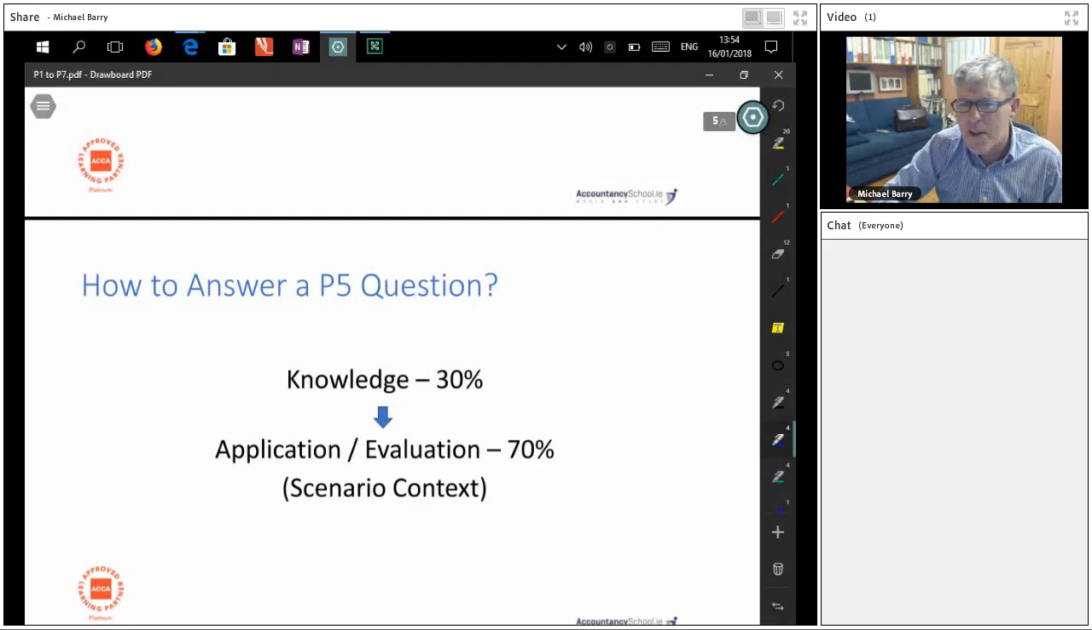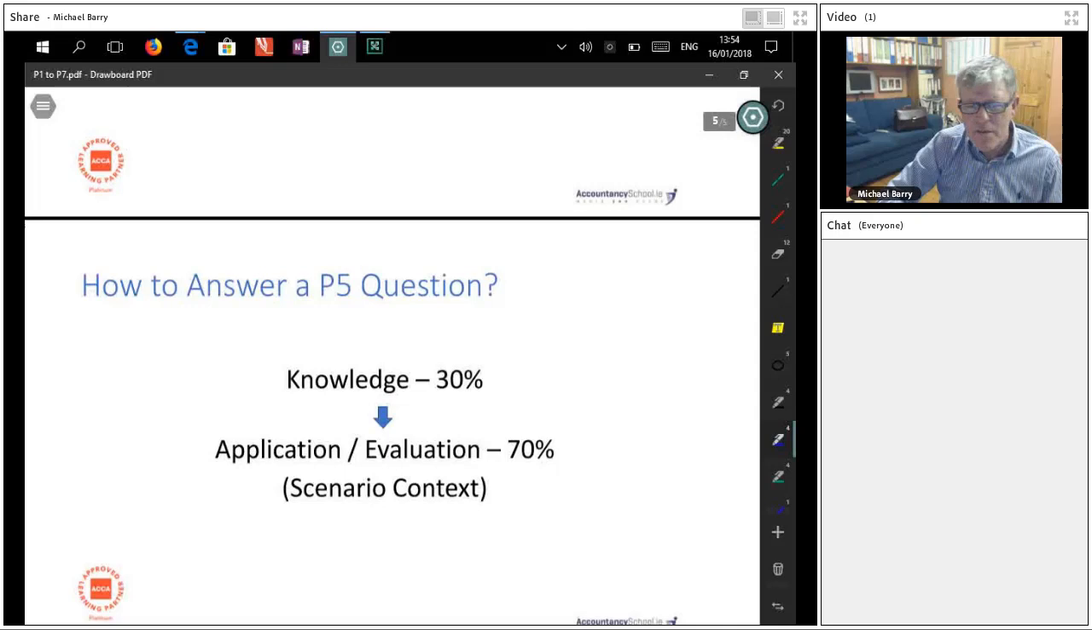That's something that would be knowledge-based and something that you would have covered yourself at some stage in your previous studies. So it's all about application and evaluation. What we mean by that is you're looking at a scenario there. When you're answering your requirements, you have to make sure that your response